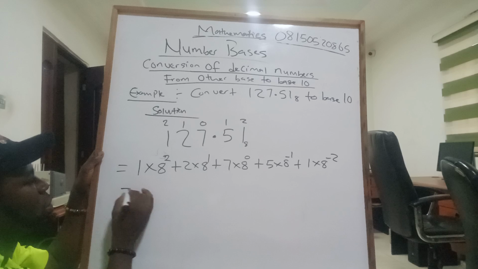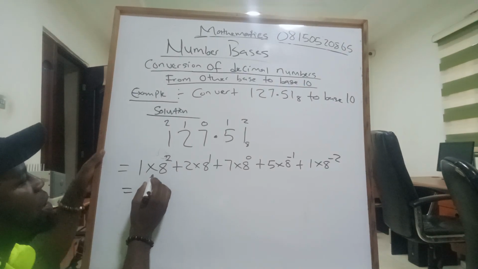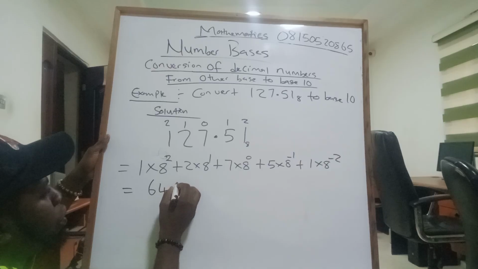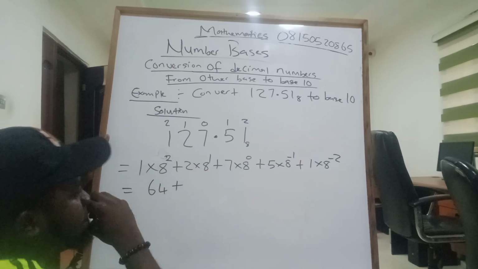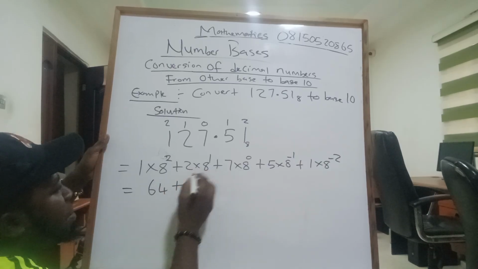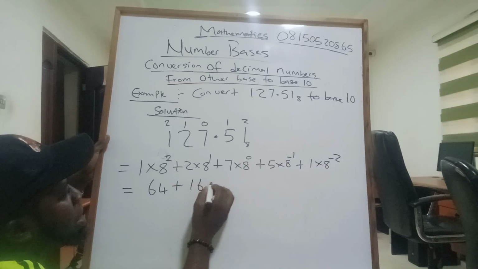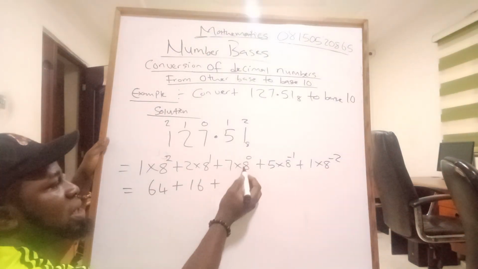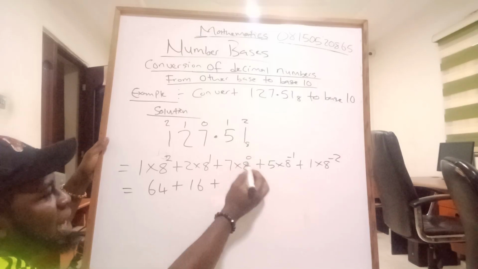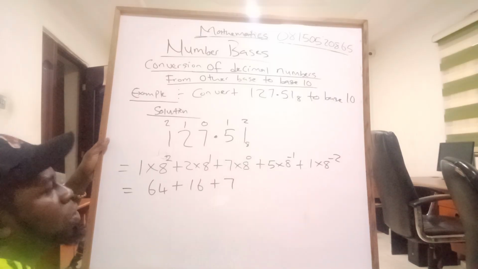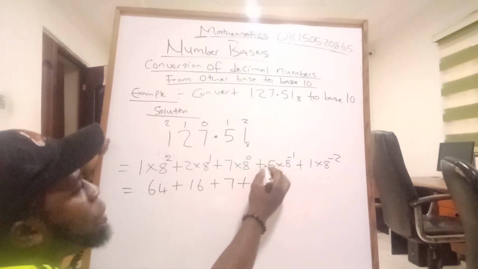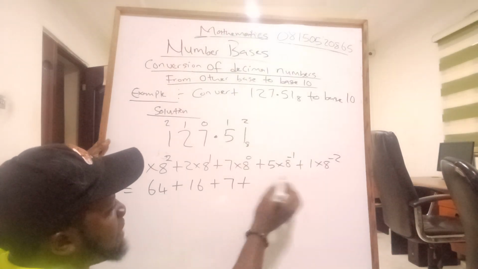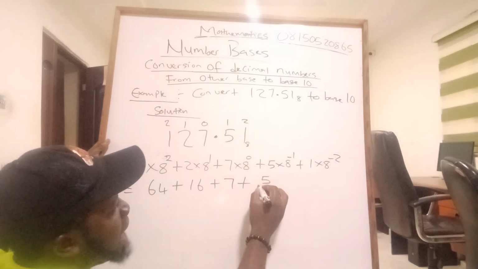So this will give us 8 raised to power 2, that's 8 times 8, that's 64, plus 2 times 8, which gives us 16, plus 7 times 8 raised to power 0, and that will be 1, so 7 times 1 will give you 7, plus, but in this case, I want you to understand, 8 raised to power negative 1 will give you 1 over 8, so 5 times 1 over 8 will give us 5 over 8,